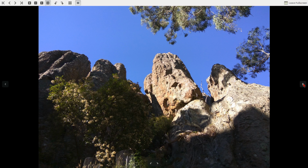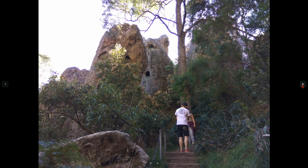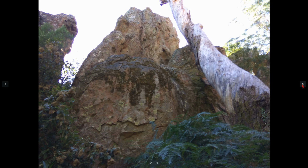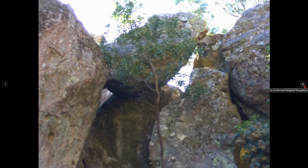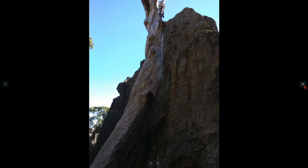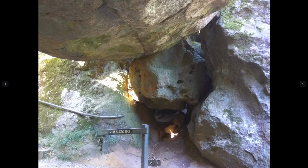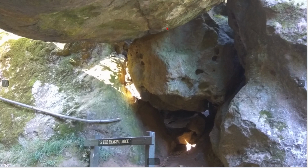I mean, this place is just unbelievable. It's just... and it's beautiful. I have to say, it's really beautiful. Now we're ascending upwards towards the Hanging Rock, and that's one of them, but that's not it. So that's the Hanging Rock basically right there, and it's above me, but there's actually a big one. There we go. So the Hanging Rock, and it's suspended above